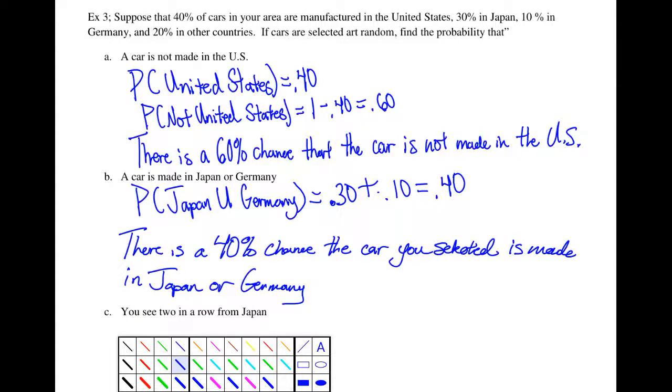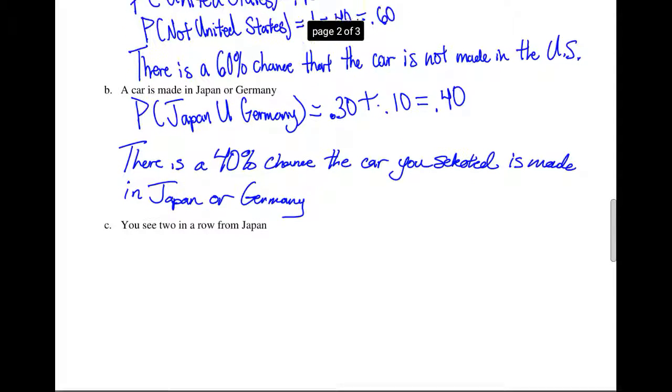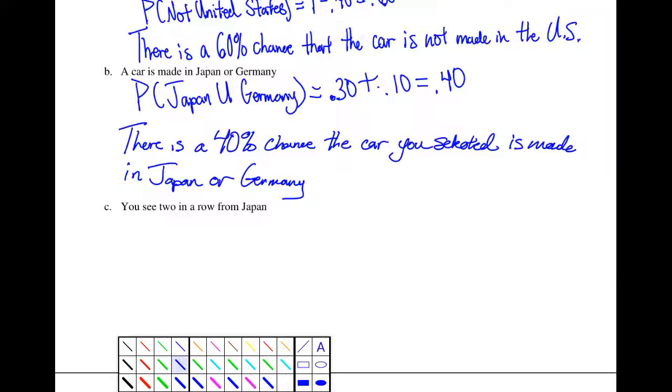Now on to Part C. Part C asks you to find the probability that you see two cars in a row from Japan. So it's asking what is the chance that the two cars you select are both from Japan. Therefore, we must use the multiplication rule, which says for two independent events, A and B, the probability that both A and B occur is the product of the probabilities of the two events. The two cars being selected from Japan are independent because the first car being from Japan doesn't affect what the second car will be. So you're going to write that out as the probability of both cars being from Japan,